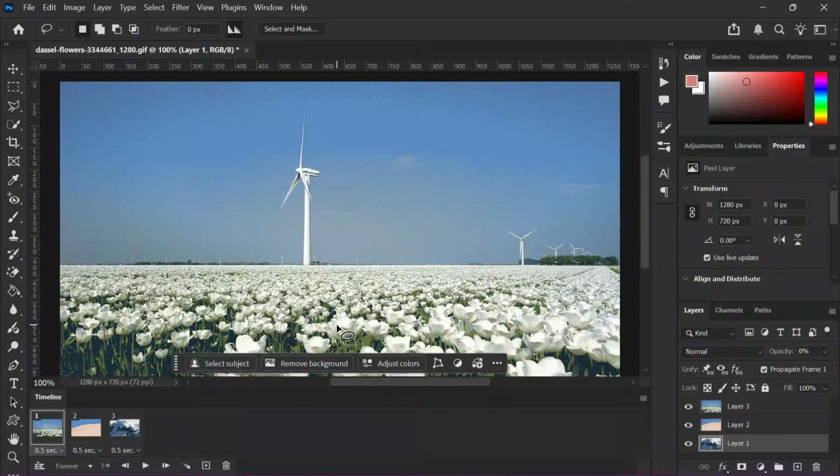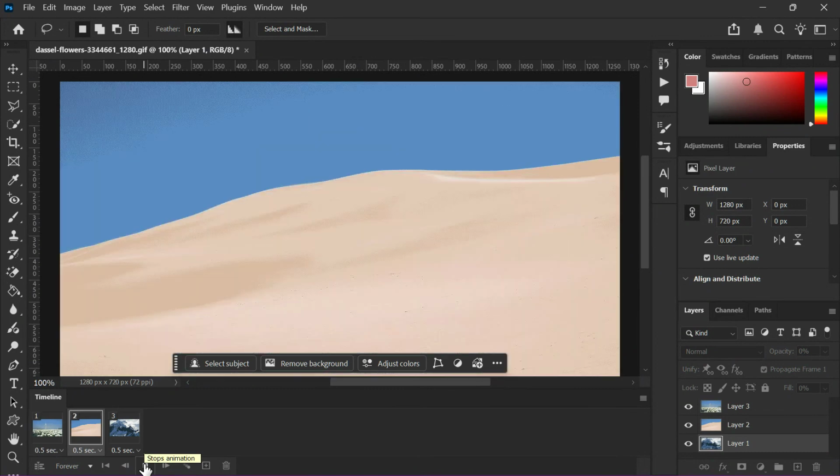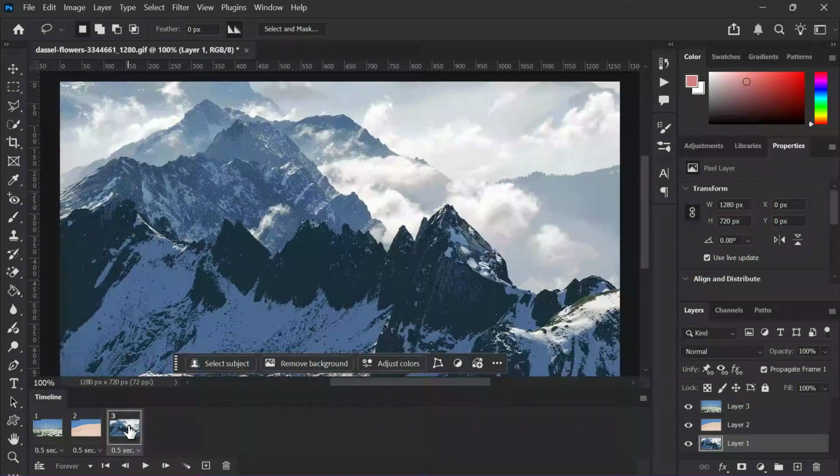In this video, I'm going to show you exactly how to edit a GIF in Photoshop step by step. If you've ever downloaded a GIF and wanted to add text, change colors, modify frames, or customize the animation, Photoshop makes the process surprisingly easy once you know where everything is. This is perfect for content creators, designers, marketers, or anyone who wants to personalize animated GIFs for social media, websites, or presentations. I'll walk you through opening the GIF, accessing the animation timeline, editing frames, and exporting the finished GIF